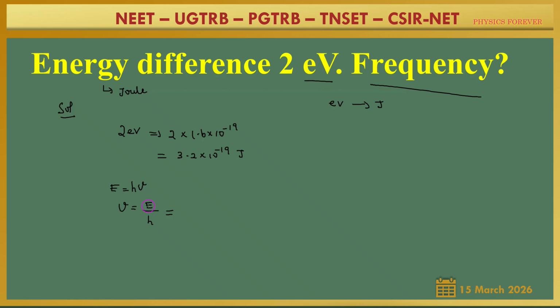What is the value of h? It is Planck's constant, which we discussed in the first slide itself. So 3.2 into 10 power minus 19 joule divided by 6.626 into 10 power minus 34 gives 4.83 into 10